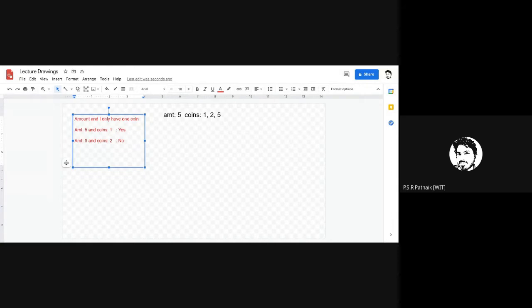I think Sumit Patil has another answer. He's saying to subtract the coin from the amount one by one. Fine. So modulo is also a logic, and another way is to subtract. I will keep on subtracting this value from this amount till I get 0.